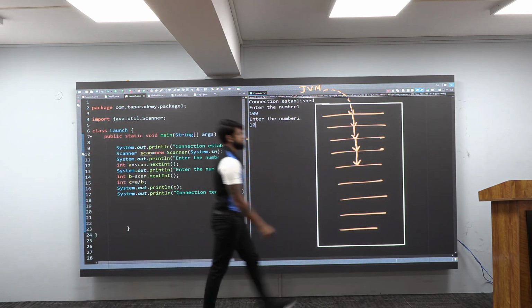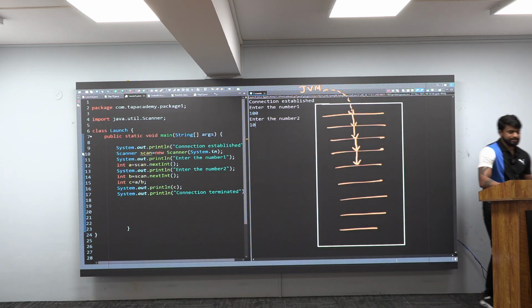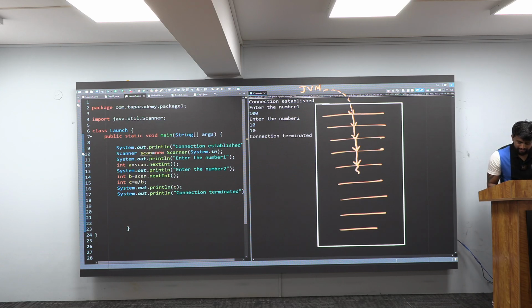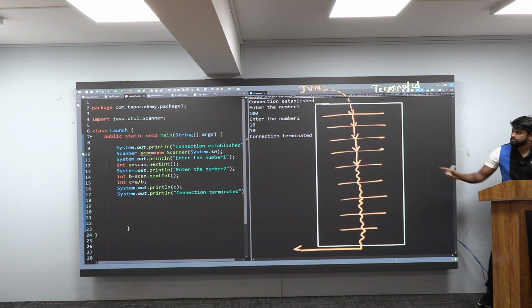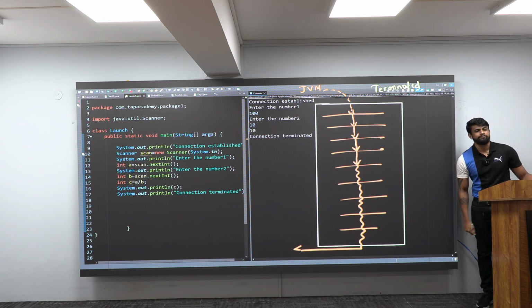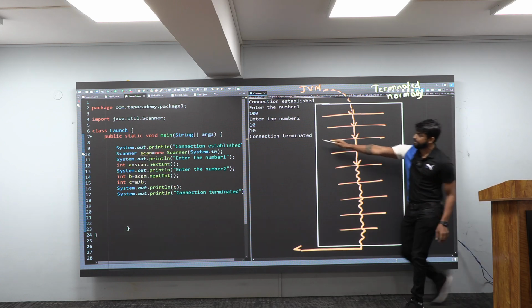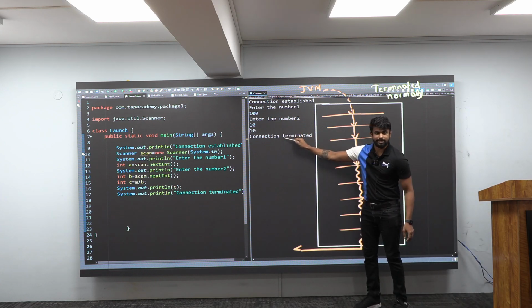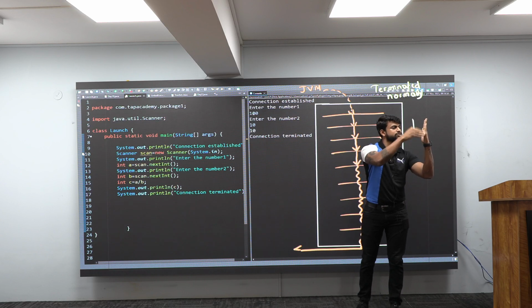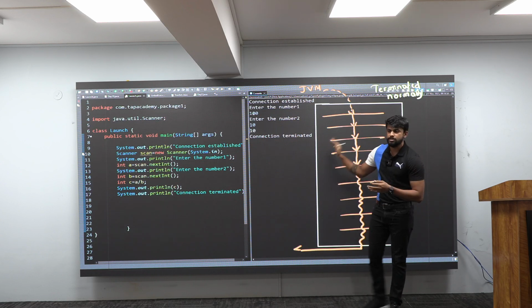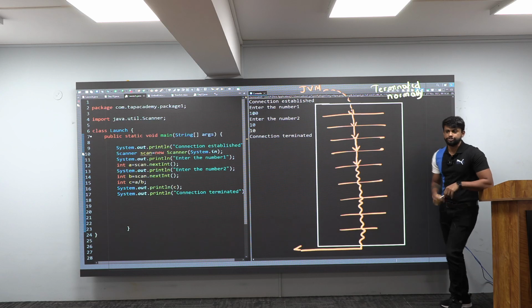Really, sir? What's this? If in case I hit enter, all the lines here are executing properly and your program has terminated. And how it is terminated, if you ask me, there is nothing unusual event that happened in your software. And that is why I say terminated normally. And that is why you are getting the output as "connection terminated". You built a connection, you have used this software, connection is terminated. This is a normal termination.